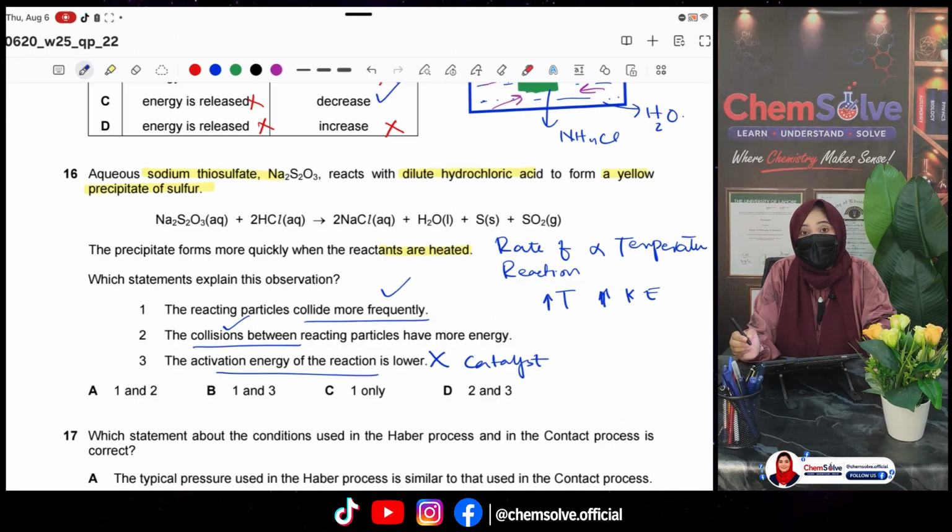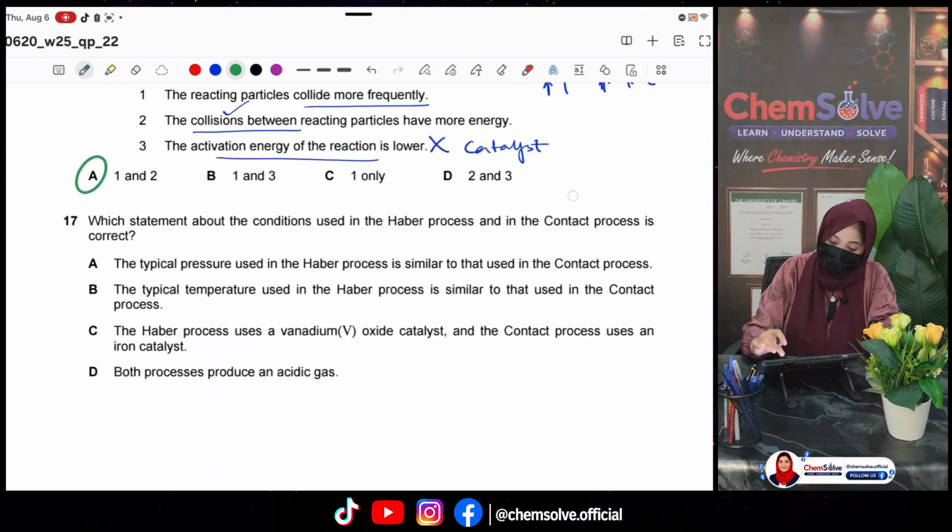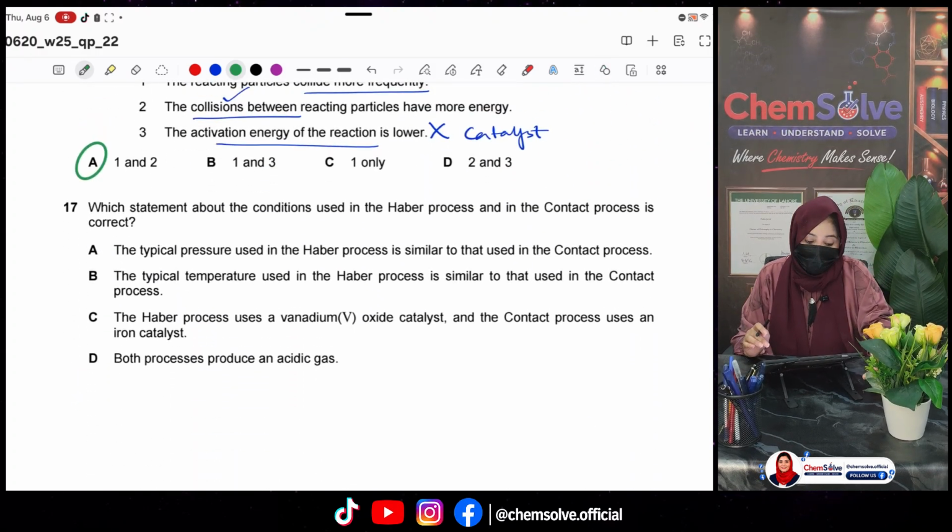When we use the catalyst, then the activation energy is lowered. So clearly statements 1 and 2 are the correct ones, and that makes option A the correct one. Okay, now the next question is question number 17. So for question number 17,